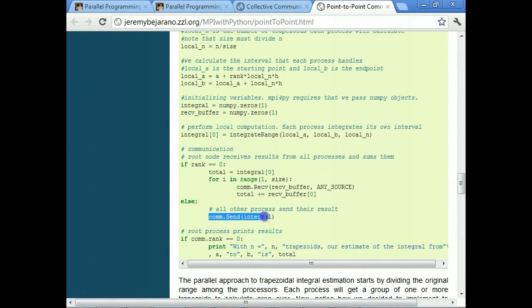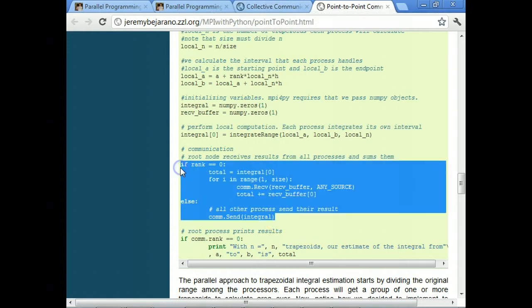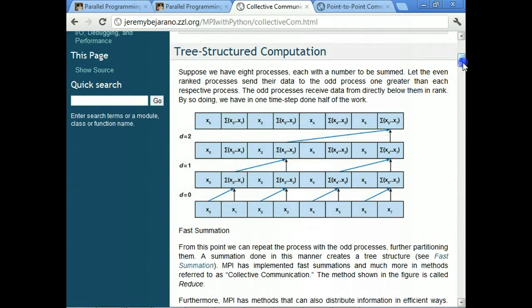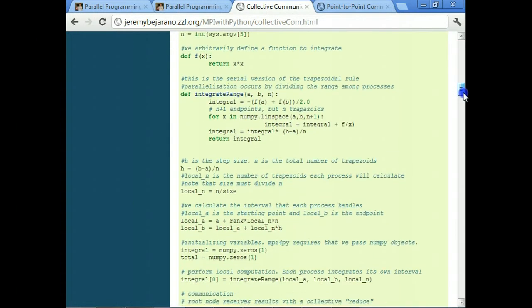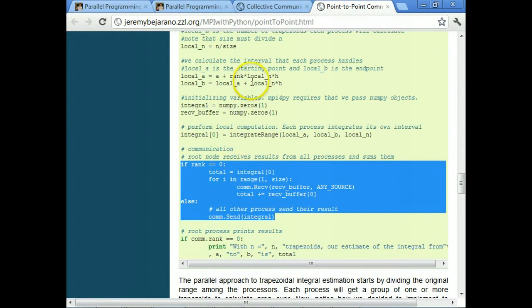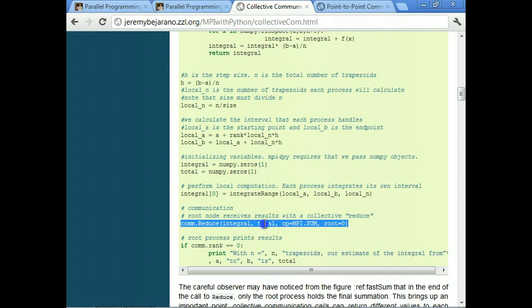And if you're not process 0, you're sending your information. Well, one of the great things about collective communication is it simplifies this all into just one call. So all of this suddenly turns into this, and we can do it a lot faster.